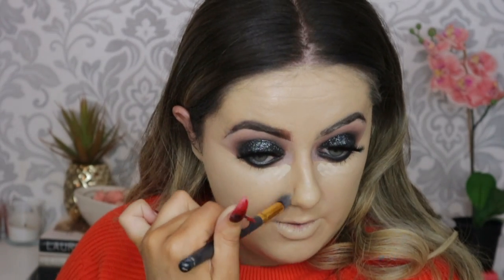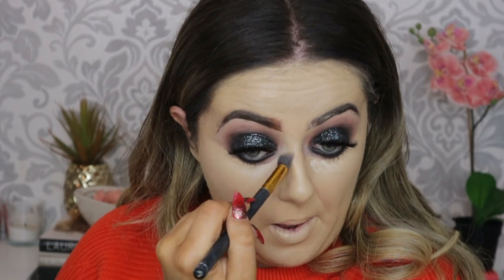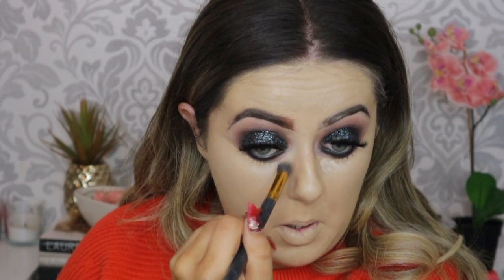I'm just taking a little fluffy brush just for directly underneath my eyes. Blend that all in. Okay, so I'm just going to bronze up my face a little bit, and I'm going to use my YSL Sunkissed Blur Perfector Healthy Glow Balm Powder, which is just this little sort of bronzy powder. So I'm just going to take my Real Techniques contour brush, swirl it round, and then I'm just going to